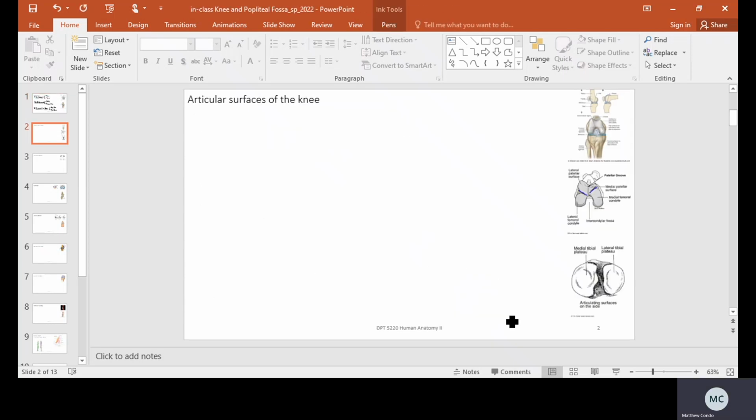All right, so when it comes to the articular surfaces of the knee, the big thing I want to cover here is the differences between the medial and the lateral condyles and the medial and the lateral plateaus. Now, the word condyle equals knuckle. And that's going to be really important to remember, because what we're going to see is that the femoral condyles